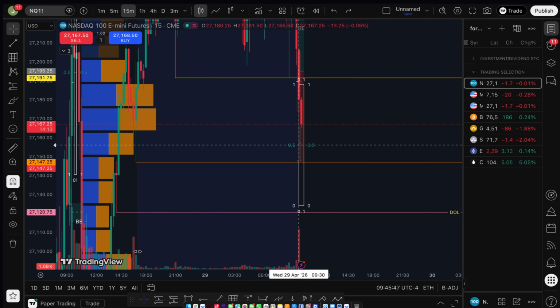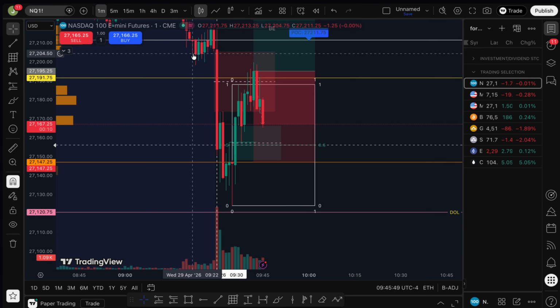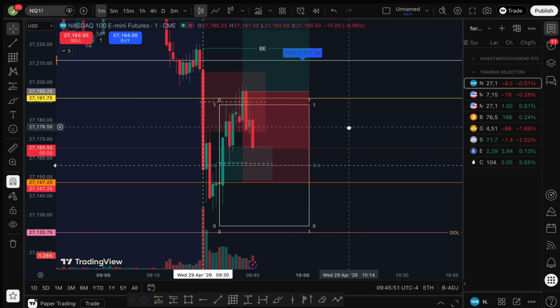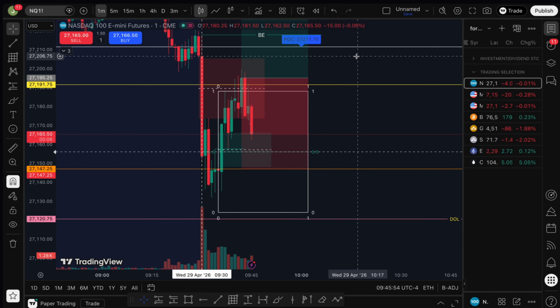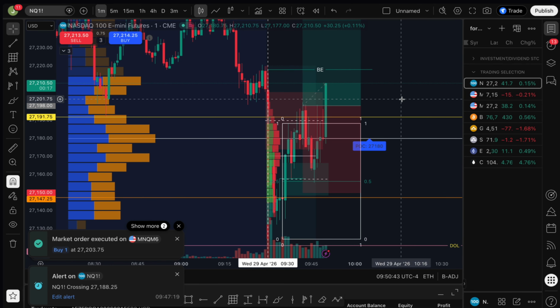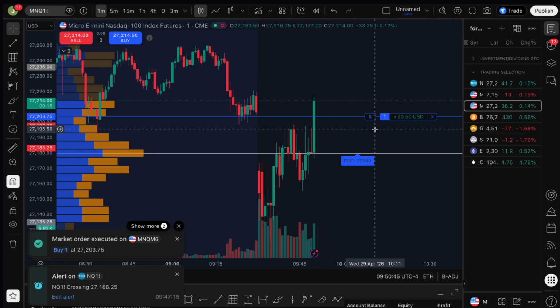Looks like we're getting close to tapping our equilibrium, so we could go back to equilibrium and see. And this is why you listen to your strategy. But I'll let you guys know if I enter in a trade. Let's see. Alright, I'm moving with one micro, so we did give off a lot of points right there.